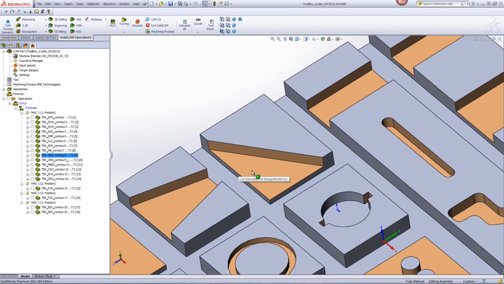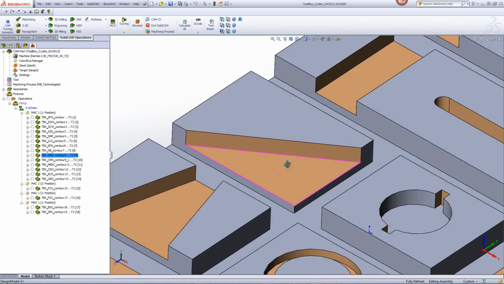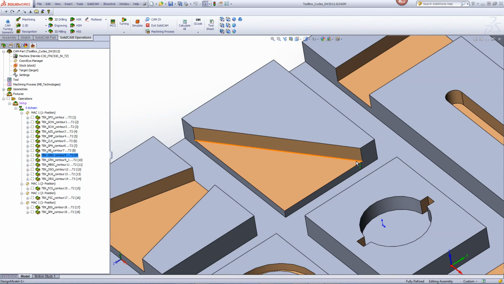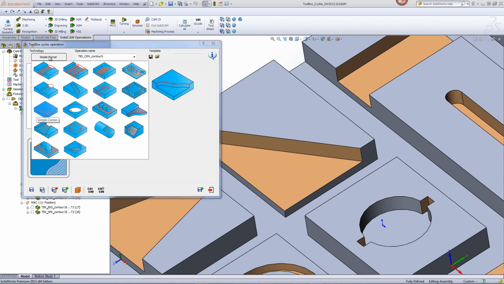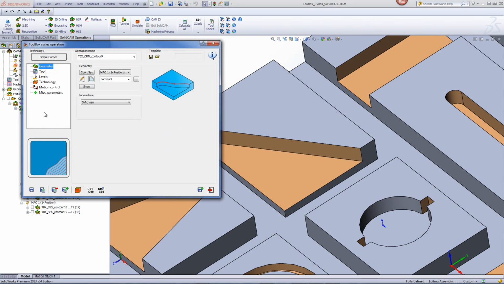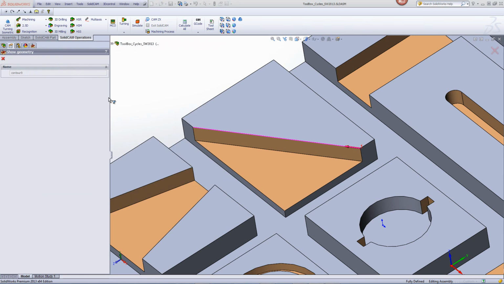Now let's jump over to this operation over here, where I'd like to clear off this corner area, this entire floor over here. So if I were to go into the operation, you'll note we chose the option of simple corner from all of our options over here. The geometry in this particular case is just this line itself, nothing else,